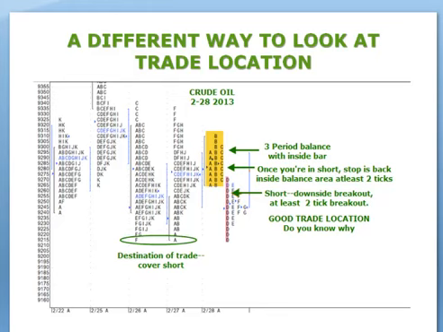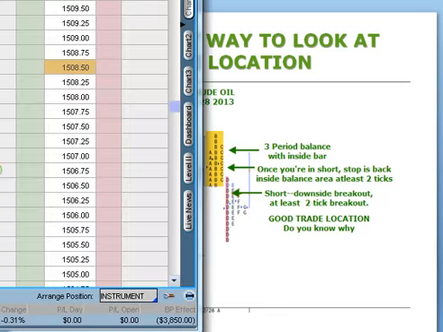Now, most people, when I talk about trade location, and if you look at the first example, your trades were at the high and the low of the early morning containment range. Well, people think that's all I mean by trade location, and that's not necessarily the case. When I talk about trade location, I am always talking about some place I can do a trade and know where I want to put my stop. Remember, I want to control my risk first. I can control risk. I cannot control return. I want to work with that area I can control.